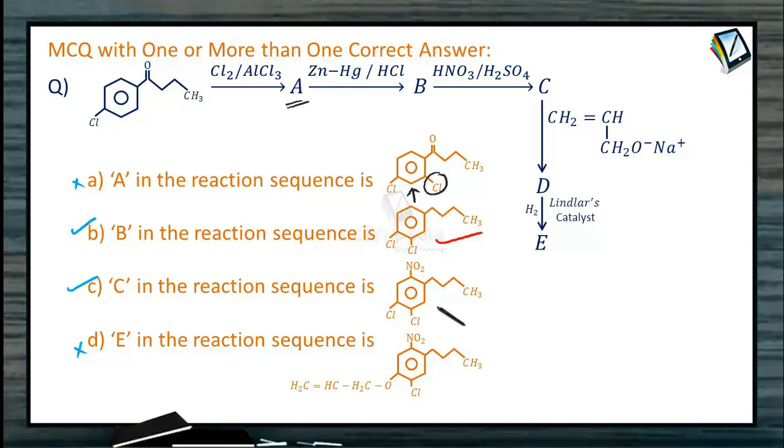And in C we have in the reaction sequence after nitration, the nitro group has come into the correct position here, chlorine, chlorine, and this C double bond O is already reduced. So this is also right. Then what is wrong in D? Here E is asked, that is after reduction. One is the double bond is remaining here, and the position of substitution is also wrong. So therefore D is wrong.